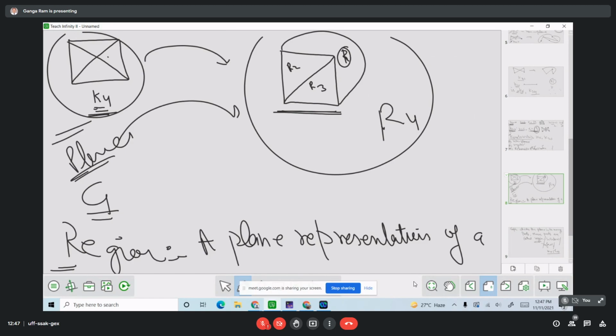Every region has two forms: a region may be bounded or unbounded. A region which is bounded by edges is a bounded region, otherwise it is an unbounded region. Also it is clear that regions R1, R2, R3 are bounded and region R4 is unbounded. An unbounded region is also called an infinite region. Clear. Bounded and unbounded, or infinite region.